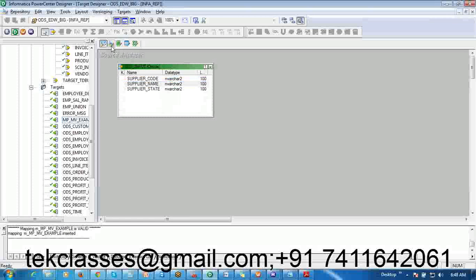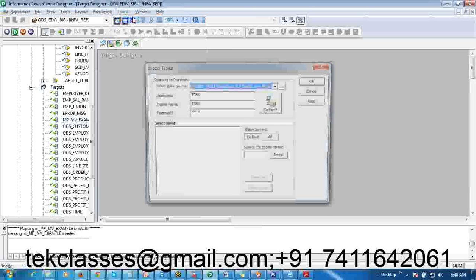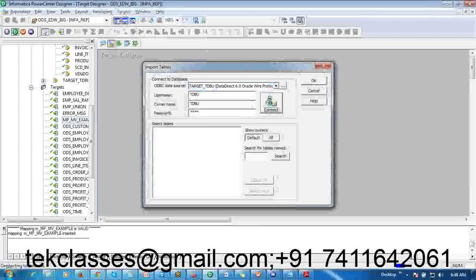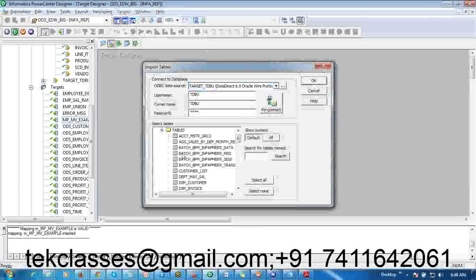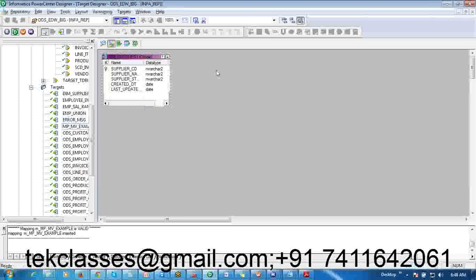The next thing is the target table. We have a target table created in the TDBU schema, where all the target dimension tables are also available. So you can just import it. There is a target table called dim_supplier1, which is the SCD type 1. Also observe the structure and what all we have here: a supplier code, a supplier name, and a supplier state, and